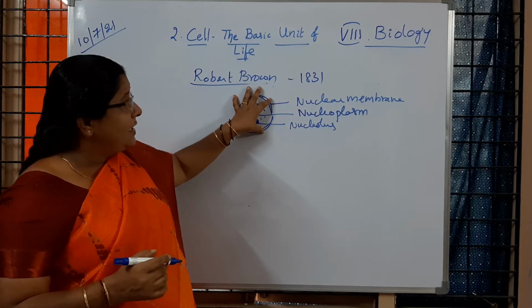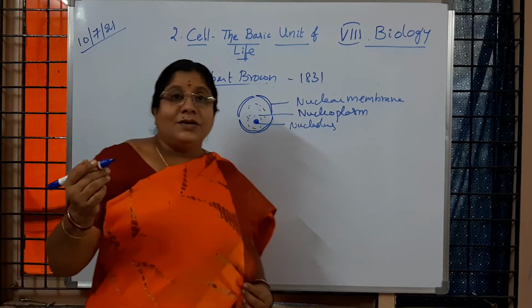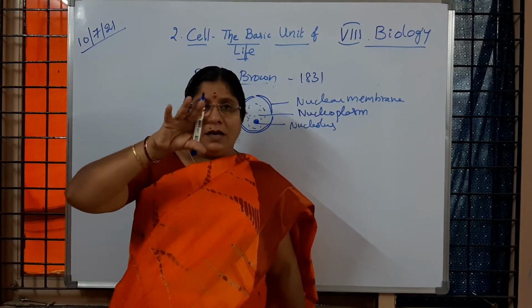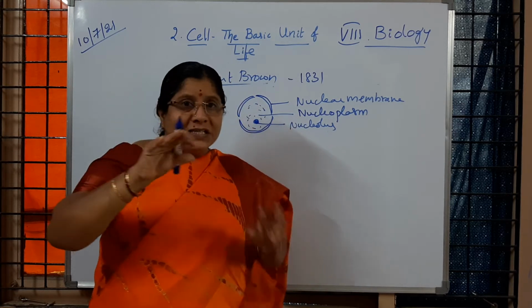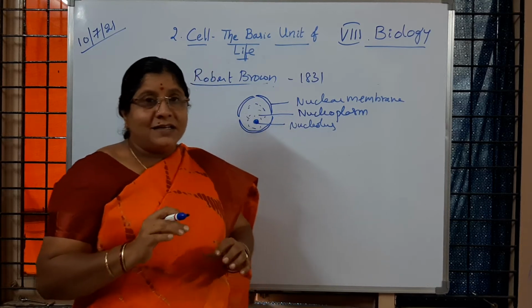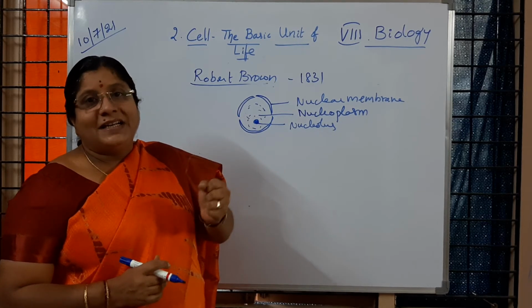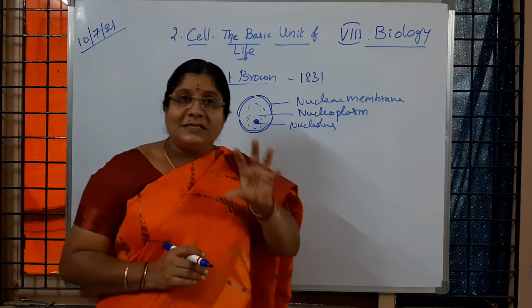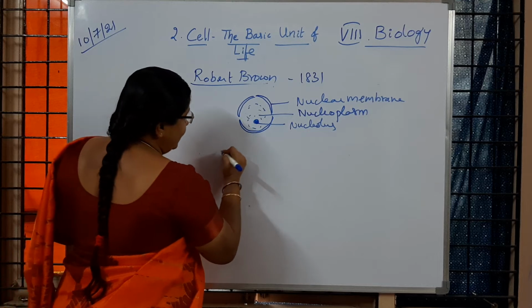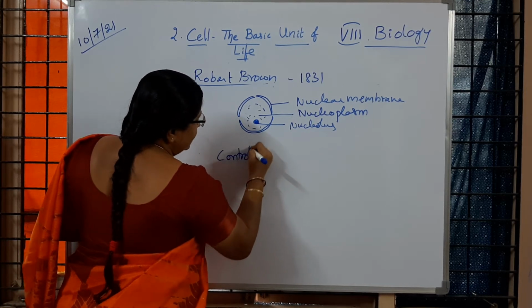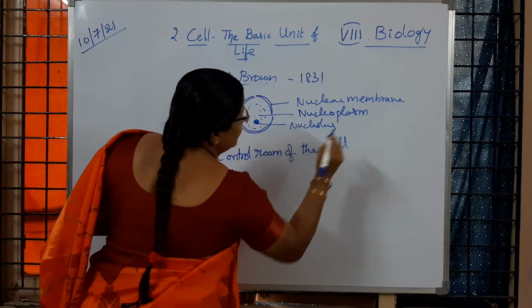So this is a nucleus. The nucleus helps in controlling all the activities, just like a police control room. From there, the head of the police department can control what is happening in a particular place. Is it not, children? Just like that, the nucleus controls all the activities of the cell. Works carried out by the cell are controlled by the nucleus. So the nucleus is called the control room of the cell. So that is about the nucleus.